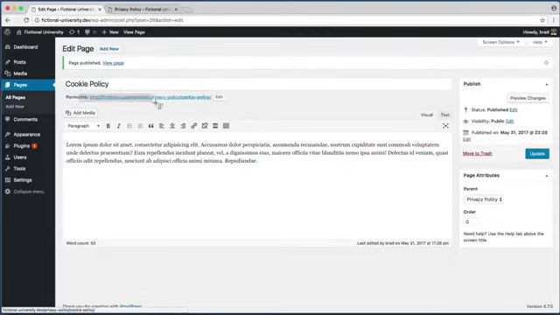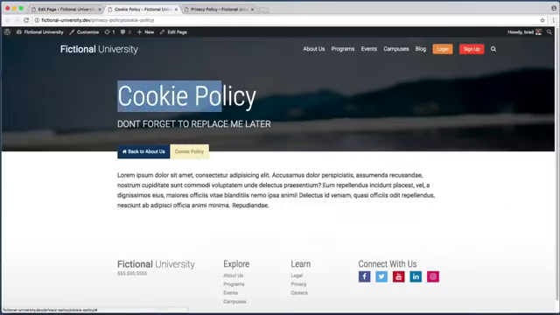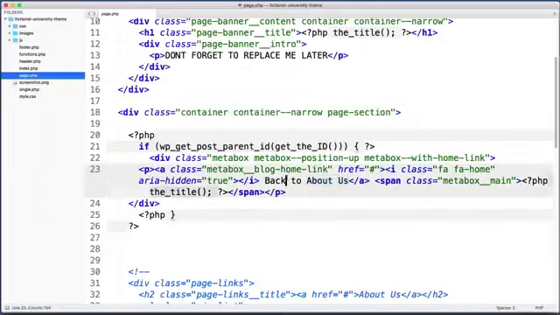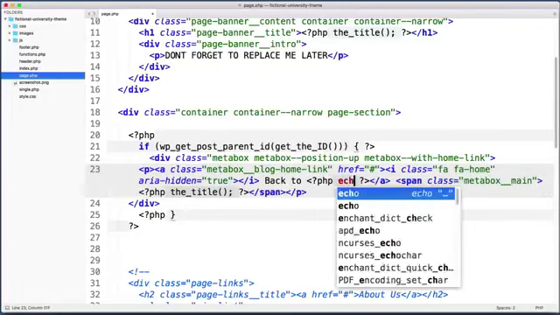And now if I use this permalink here to view that new page, cool, so there's the title, cookie policy, but this back to about us link doesn't make any sense. Instead, it should say back to privacy policy. So right now, let's write a bit of PHP code to make this dynamic. So let's delete this hard-coded about us, and instead let's drop into PHP, and let's echo out the results of